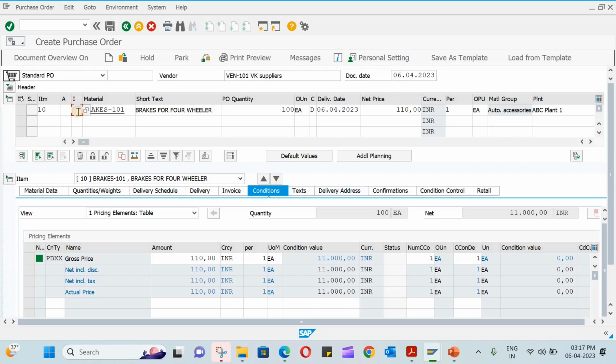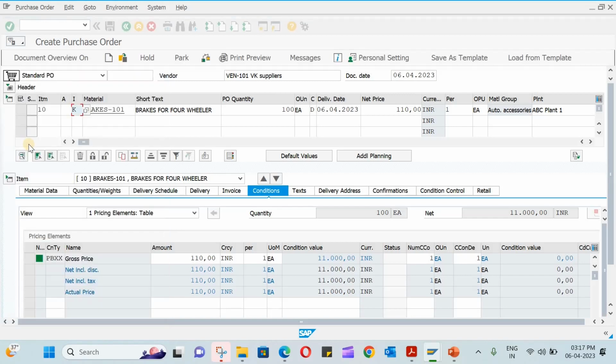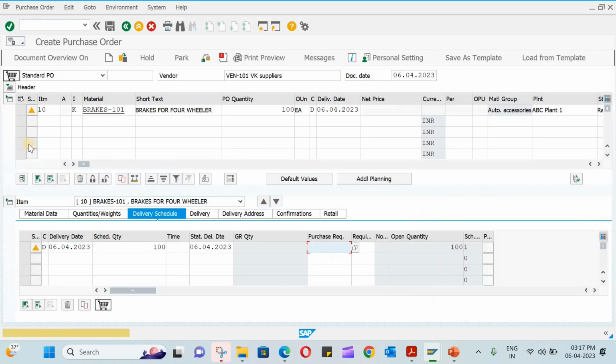Next we have to assign the item category. So it is K. Hit enter, and it will also ask you realistic delivery dates. So that means it wants to change the date. If you want, you can actually keep the same date, or you can change it. So let me keep it 9/04/23. Okay,